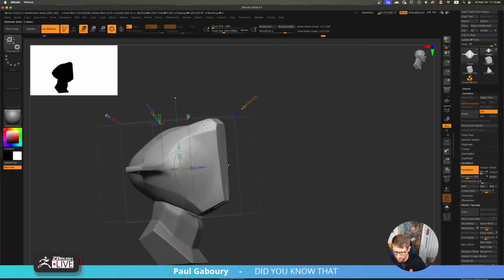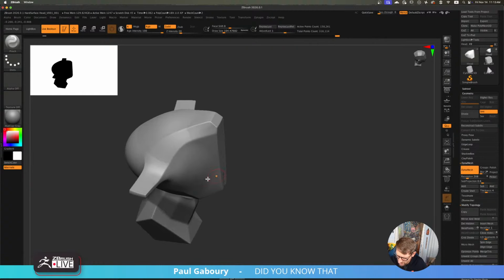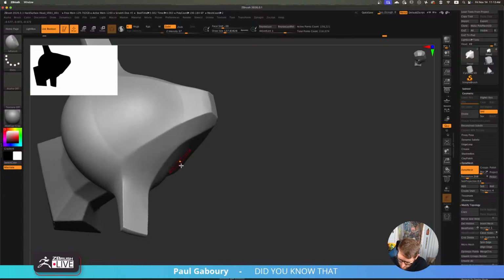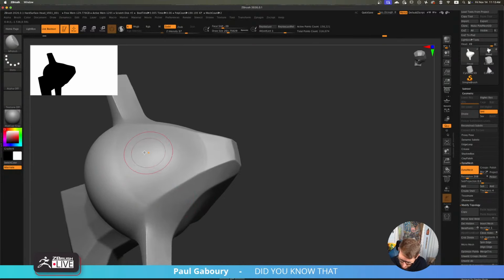I like the volume a little bit more here, so I'm going to accept this, and then I'm just going to slowly blend this in now, and then let's establish that line a little bit more. Redynamesh. Let's get rid of some of these lines that I added. Kind of just reestablish some stuff. Switch to H polish. Make it your friend when you're doing hard surface sculpting. It is a very, very beneficial brush. I love it. It's one of my favorites for sure.